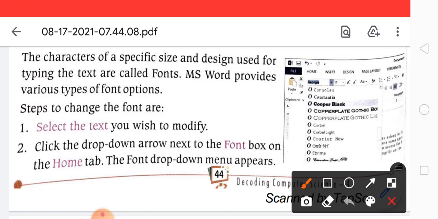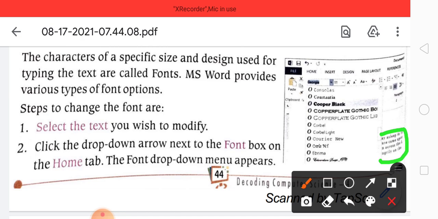The steps to change the font are: first, you have to select the text. Whatever you write here, you have to select it first.